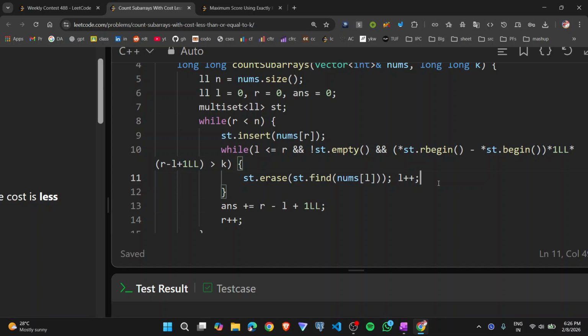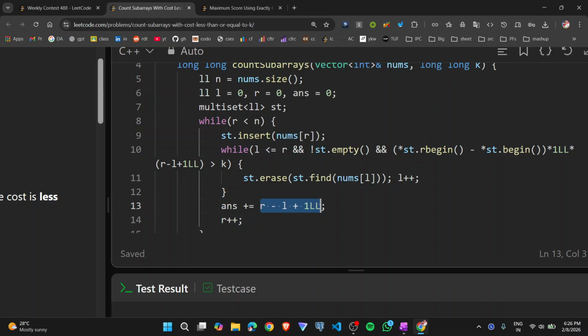So we remove from left and add elements from right, like that. Okay. And if cost is less than or equal to k, then we just add r minus l plus 1 subarrays into